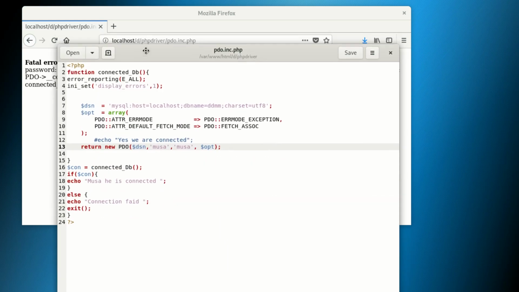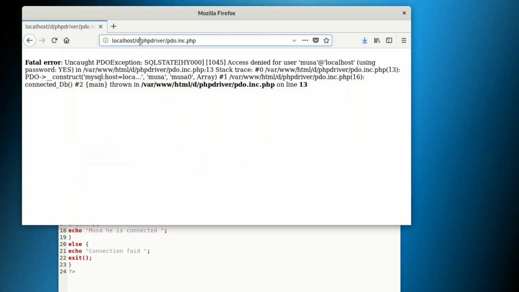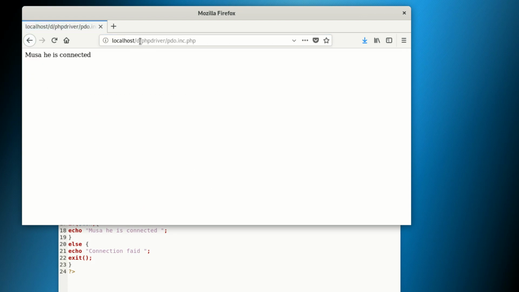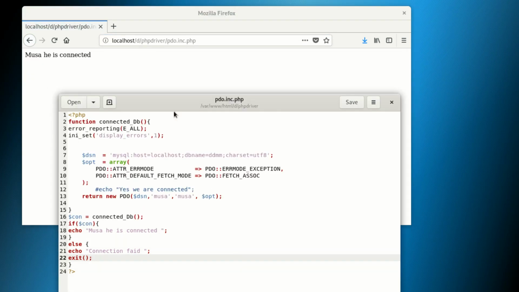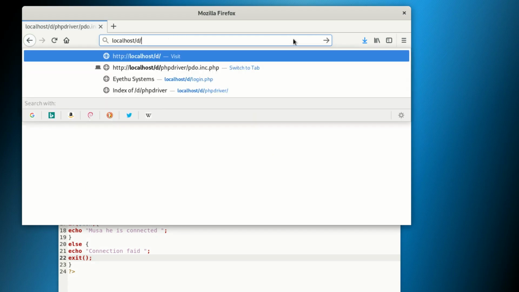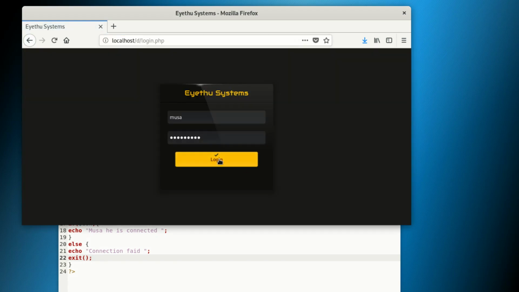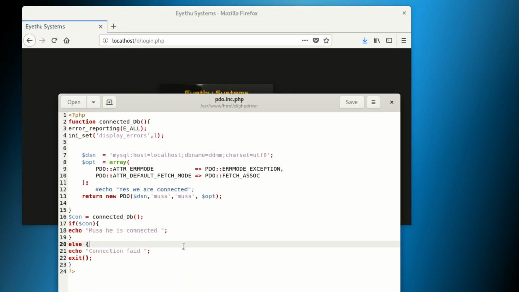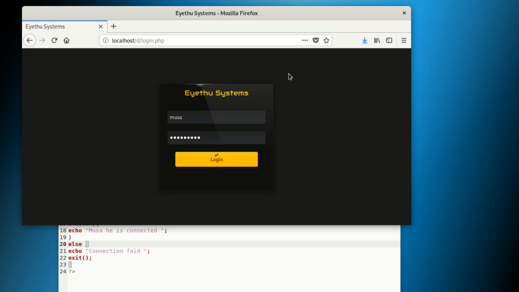After saving that, I should refresh here and connect to that. The main reason why I connected to this, there was this page I was trying to visit, and when I click and log in, I don't get any response. So now, since we know that our database is fine, everything's okay, it simply means the problem is with